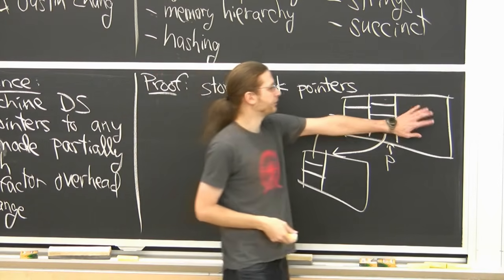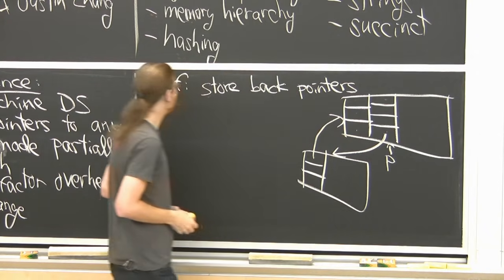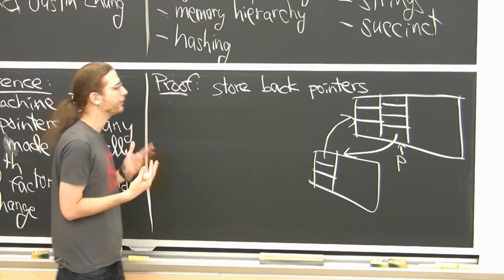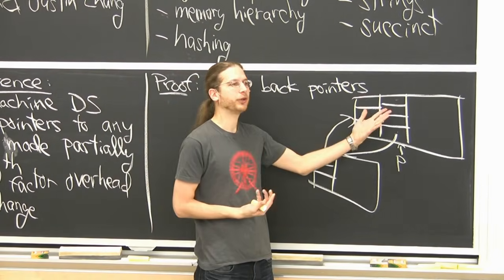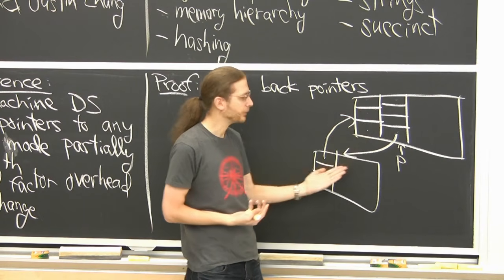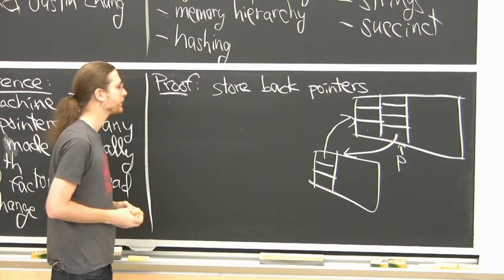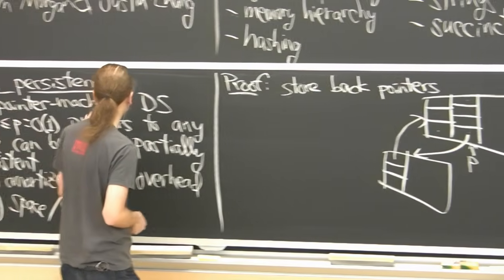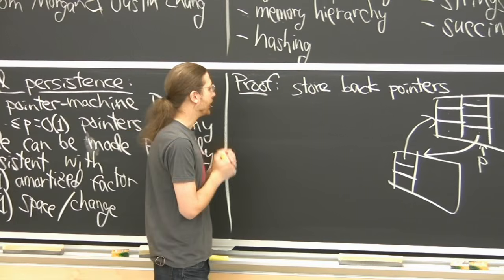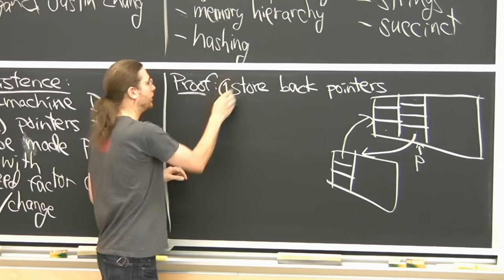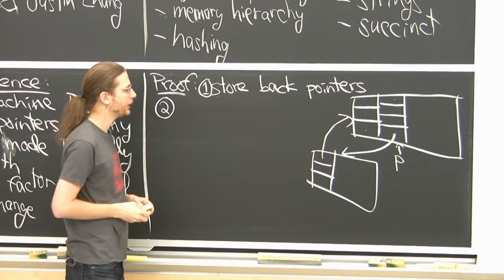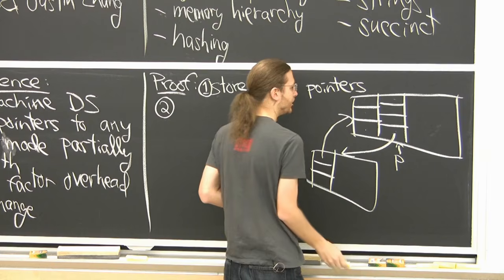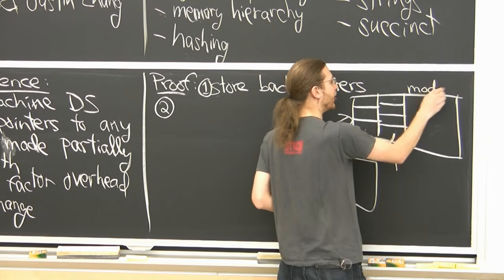Okay, I'm going to need some other stuff too. So this is a simple thing. Definitely want this. Because if my nodes ever move around, I've got to update the pointers to them. And where are those pointers? Well, the back pointers tell you where they are. Okay, all nodes will still be constant size. Remain a pointer machine data structure. Okay, that's idea 1. Idea 2 is this part. This is going to store something called mods.